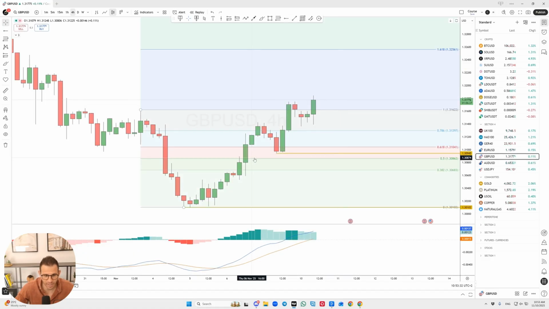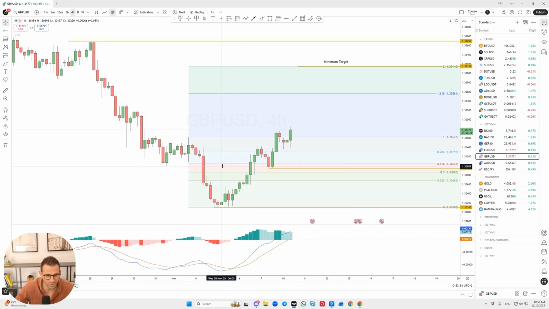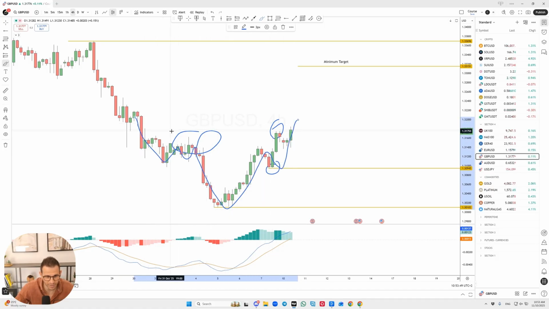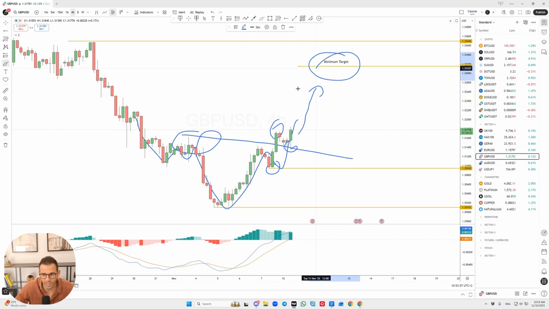Next one, the sterling versus the US dollar. The price made a higher high, as you see from this swing high formation. This high is higher than that high. So this now becomes the inverse head and shoulders reversal pattern, and the neckline is sloped to the downside. We have a nice retest right here. So we expect the price to move to the upside and reach the minimum target, which is around